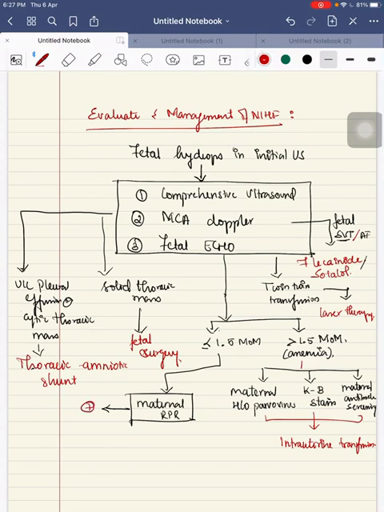Even maternal syphilis can cause hydrops fetalis. So if it is positive, it indicates the mother has syphilis. Then you treat it with penicillin. If this is negative,